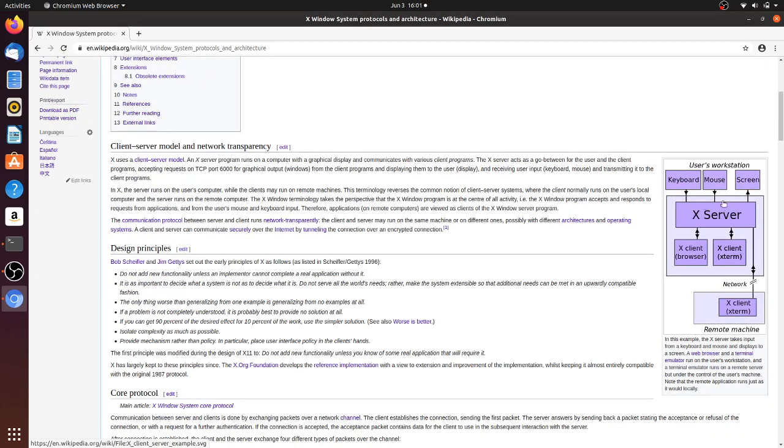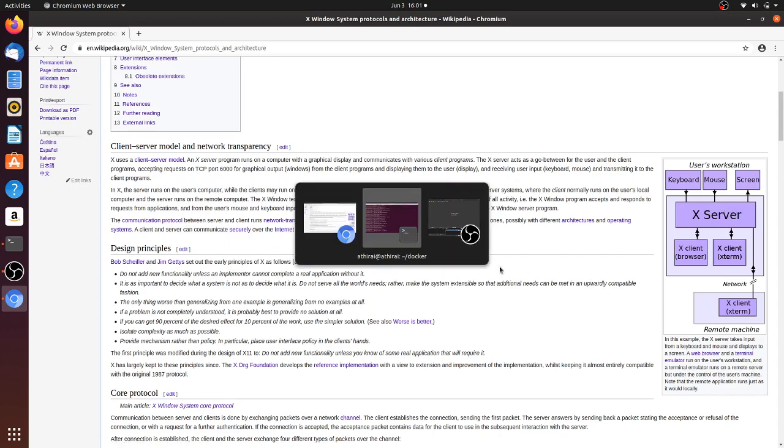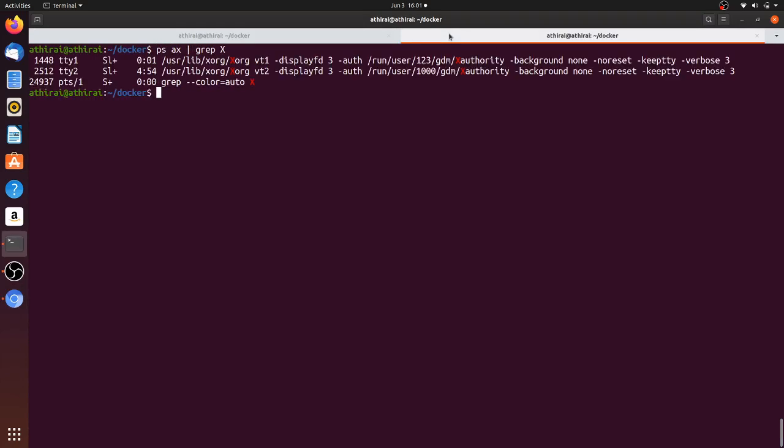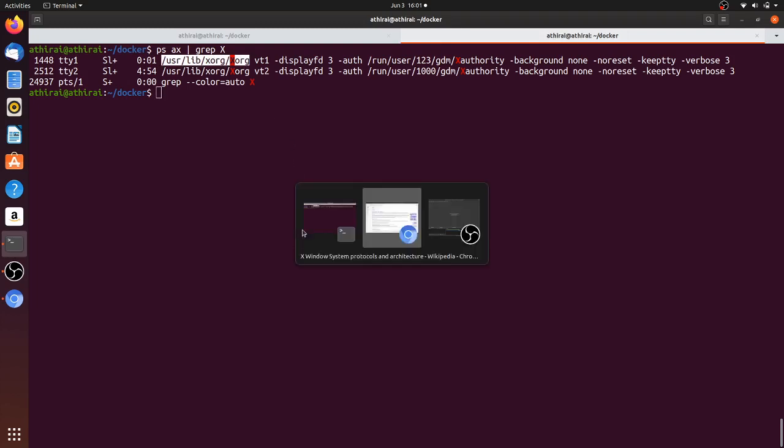X in Linux is the display, whatever you are seeing in my display or in your display, that is X, the X server. Let me show you where the X server is. ps -ax | grep X. So Xorg, this is the X server which is running in my host machine.